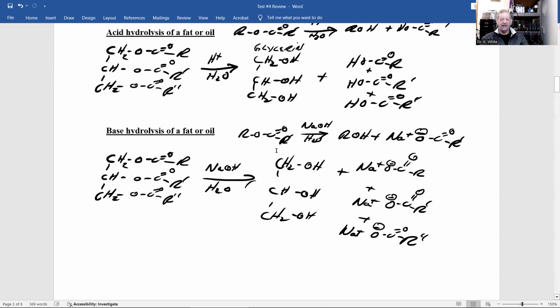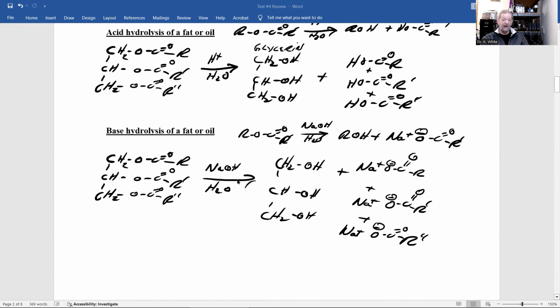Now, you also learn for test number 3, base hydrolysis of an ester. And when you take an ester, react with sodium hydroxide and water, remember sodium hydroxide is a base, you get back the alcohol you would have used to make that ester, plus because you're in base, the carboxylic acid you get immediately reacts to give the carboxylate anion. Therefore, if you have a